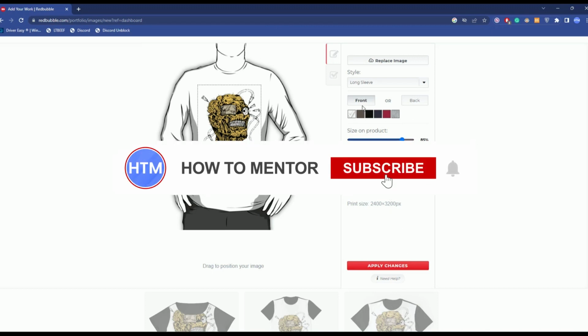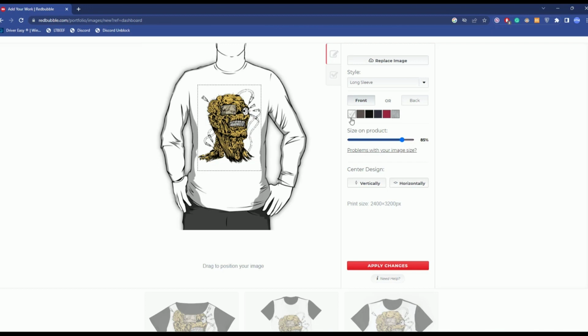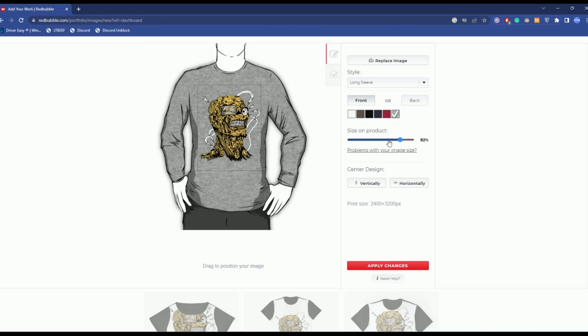Now it is updated. Now over here you can change the font if you have any font based thing on your t-shirt. Over here you can change the color of your t-shirt just like this. You can change the size of your art vertically and horizontally by clicking on them if you want that. You can move center. Now after doing all of that, you can click on apply changes, but before that click